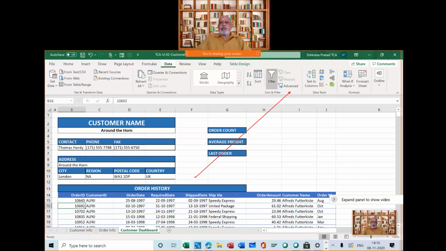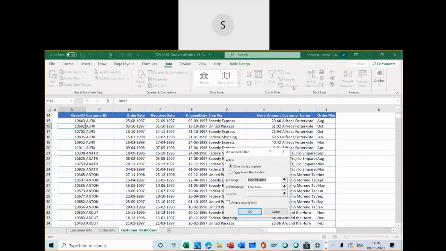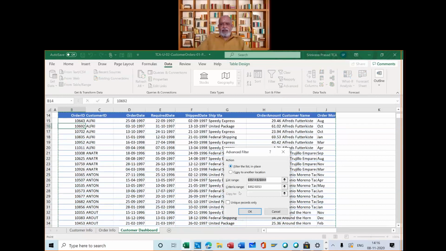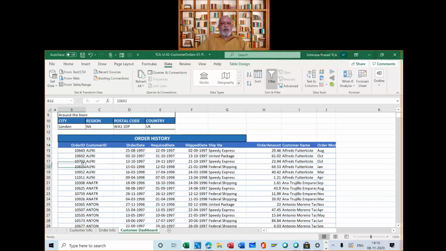So we are going to see Advanced Filter. We will go and click Advanced Filter. There is one more small thing I forgot earlier. Let me do that also.